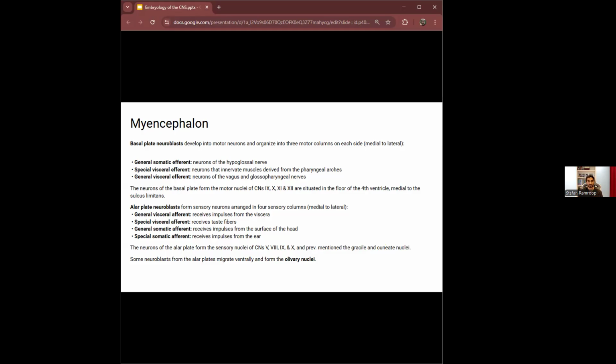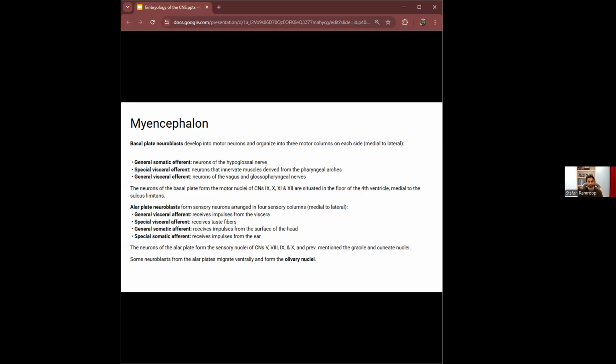Lateral to that is the special visceral efferent column, whose neurons innervate muscles derived from the pharyngeal arches. These form the nucleus ambiguus, which contributes fibers to the glossopharyngeal, vagus, and the cranial portion of the accessory nerve. And further laterally, the general visceral efferent column develops into parasympathetic nuclei, the dorsal motor nucleus of the vagus, and the inferior salivatory nucleus of the glossopharyngeal nerve. Collectively, these motor nuclei are positioned medial to the sulcus limitans in the floor and the ventrolateral walls of the